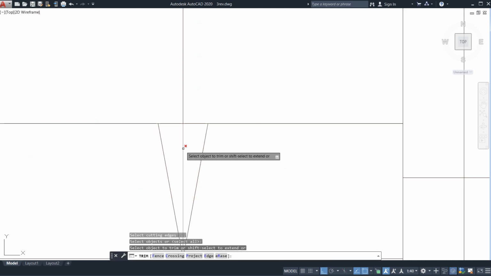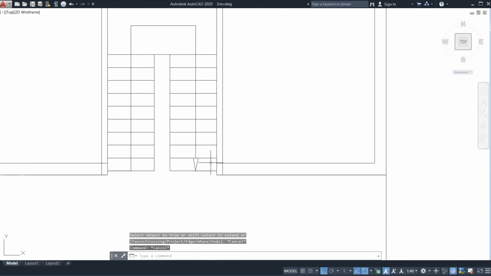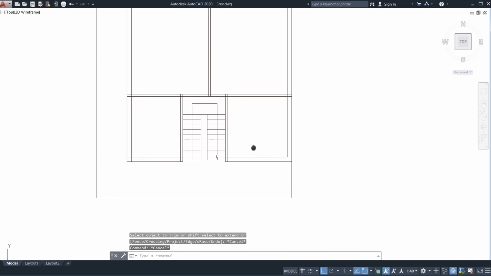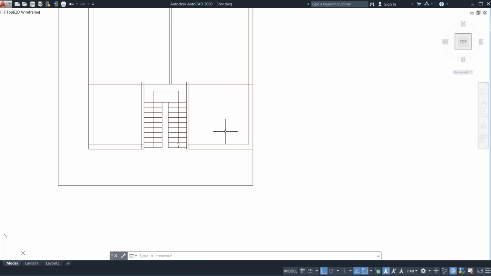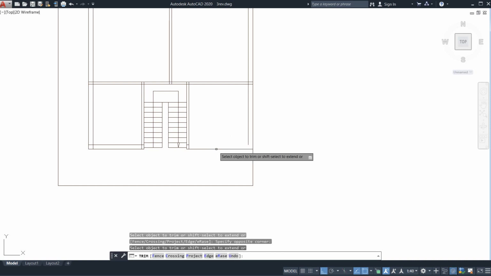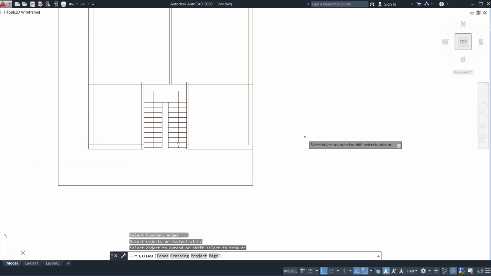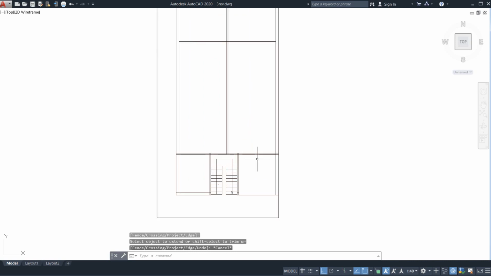So right hand is forceful. That's why Vastu says that your stair should be like this. See, this is my porch, my portico, you can say. Now I'm going to trim this. See, I need to join, extend, ex, double enter. After that, I have joined it. Now my entry will be from this.